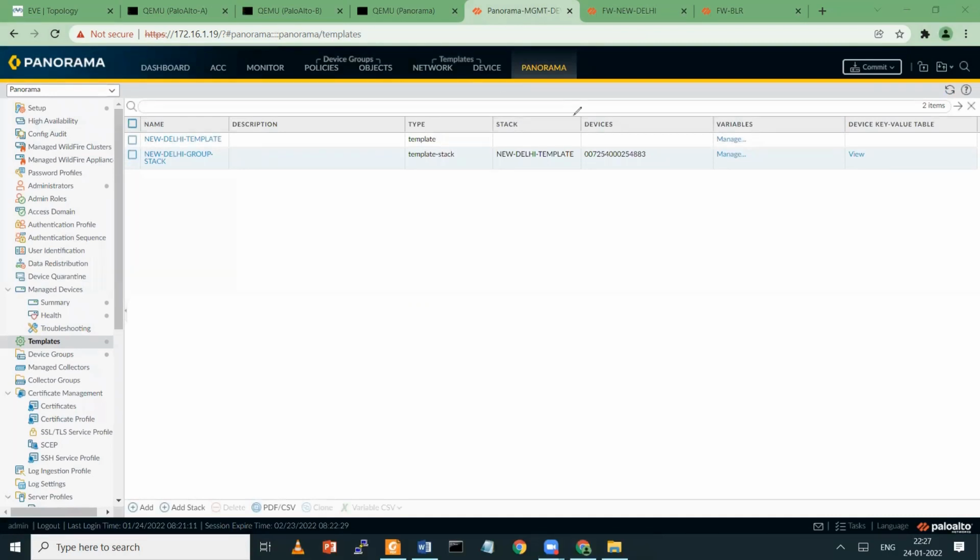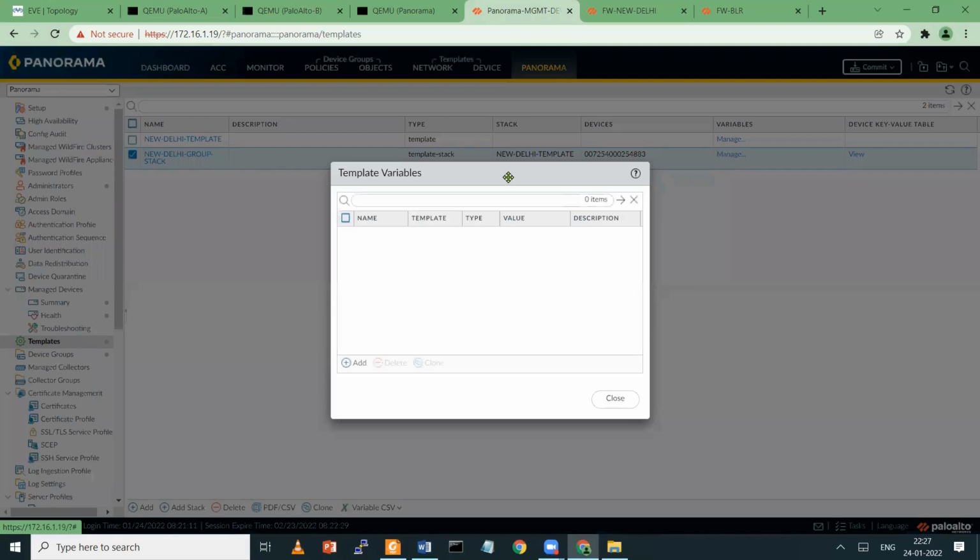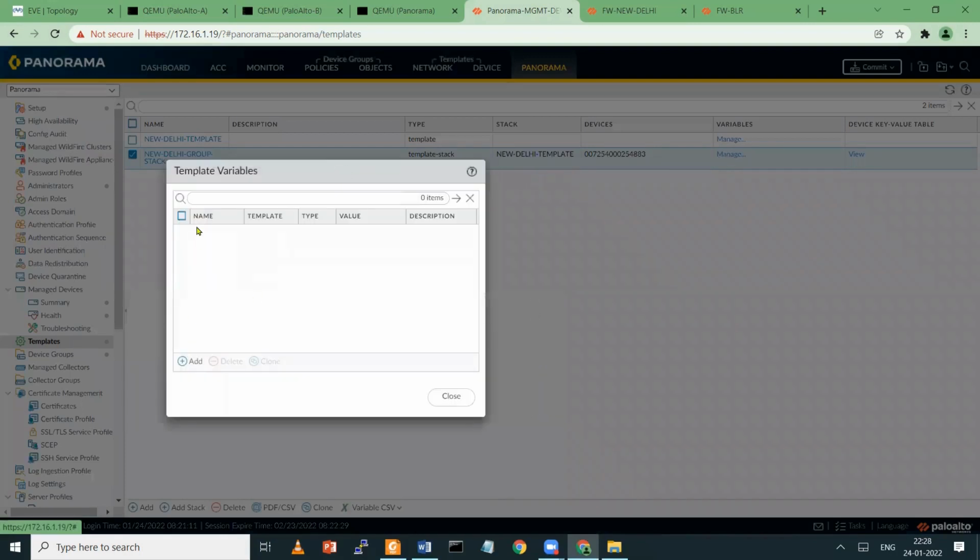Did you all get it, guys? Yes, sir. So you understand why we are using a template here. So the template is to manage our network and device tab, and whatever stack I'm creating here, that's for common settings simply. See here, if you click on variables, you can add template variables.